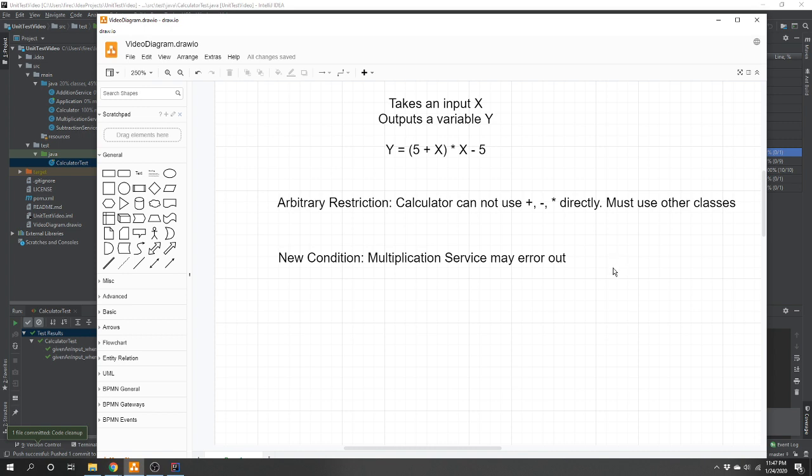New condition, new condition, new condition. New condition, number 2. What do I want to do? I didn't come up with too much stuff here, but